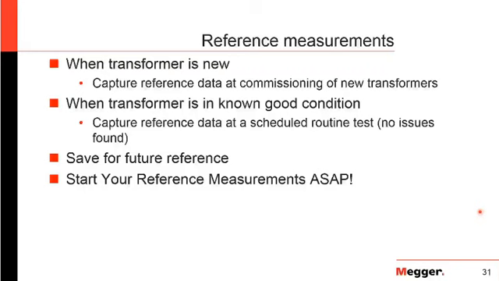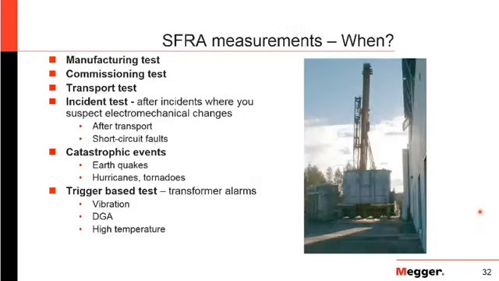So when are these being performed? I gave our recommendation here, but what's going on a lot of the time is during manufacturing, they'll do this. They'll make a measurement, just so when they go to transport it and it goes out, they'll actually have some kind of reference to compare it to. And then, of course, commissioning test. So when you get it on the pad, put it on there, and you want to make sure before you energize, you have all this on the fully dressed transformer. And what I've seen a lot of times